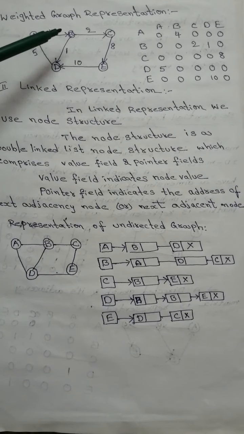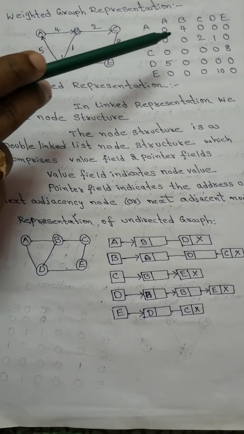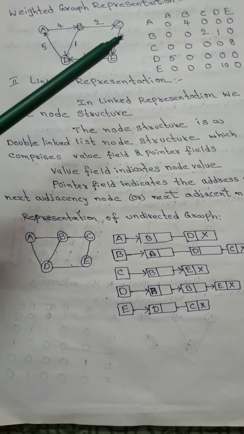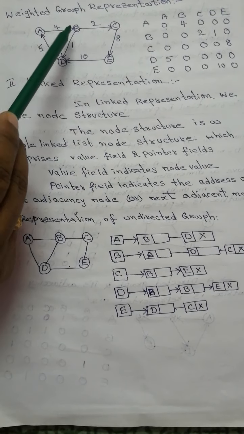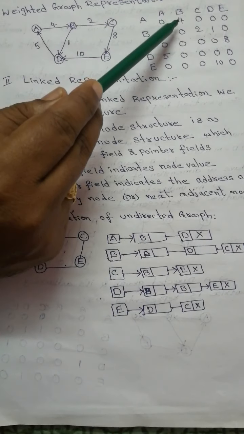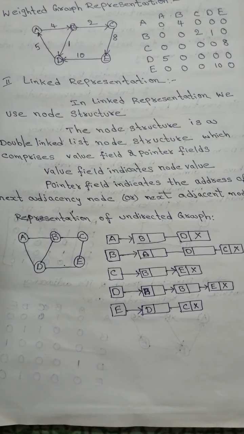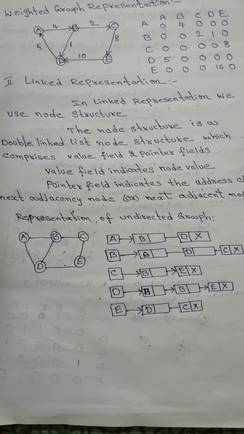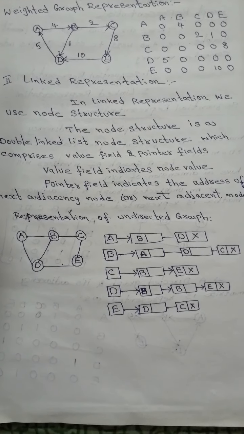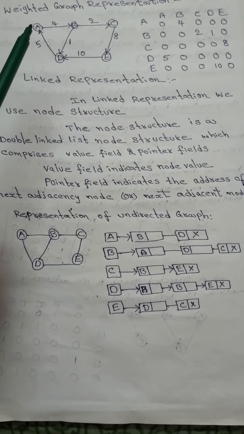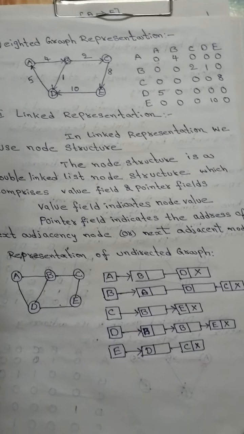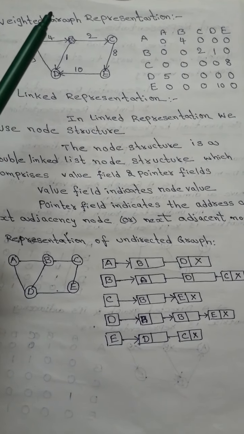Now whenever we are having a weighted graph, we will take the weights as the numbers. Instead of representing 0, 1, we will be taking the weights. For A to B connectivity, what is the number we are having? 4. That we need to represent. Whereas with a directed graph and an undirected graph, if there is an edge, we will be representing 1, and if there is no edge, we will be representing 0. But here with the weighted graph, if there is an edge, there will be a number on that edge, and that number is to be stored in the computer's memory.